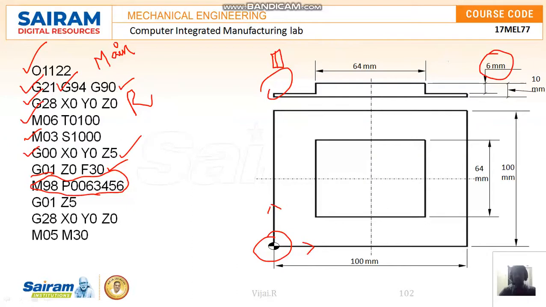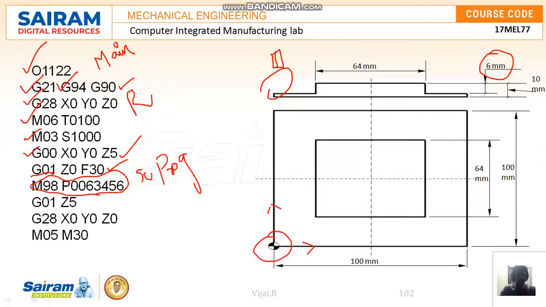Directly taking 6 mm is not advisable, and it depends on the material. We have to machine a little bit, 1 mm or 2 mm at each and every cycle. So what I am going to do is divide the 6 mm into 6 equal depths. Here normally M98 P and the program number is enough. P here is the subprogram number. The subprogram number we are going to call.